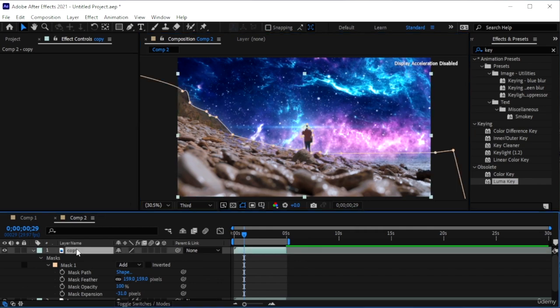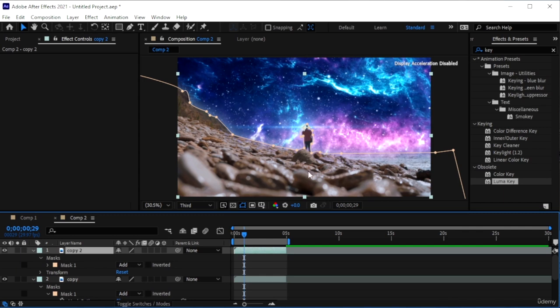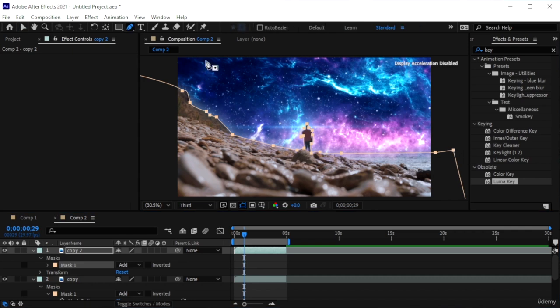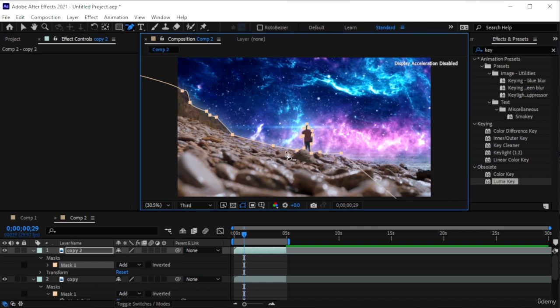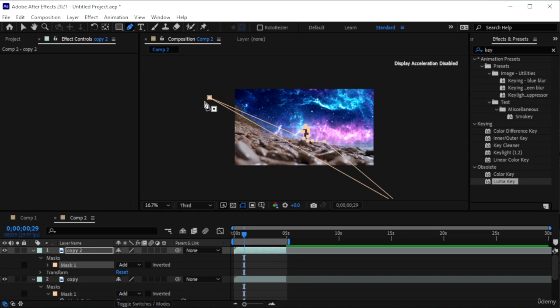I'm going to create a third duplicate, Control D. And in here, we're going to just focus on the person. I'm going to first get to the pen tool and just click and then hold to unleash these. And just kind of cut out and delete the points here. Just focus on the human. Alright, I have 2 points. Click and hold again. Get the regular pen tool and just